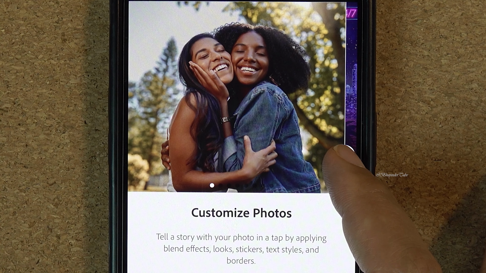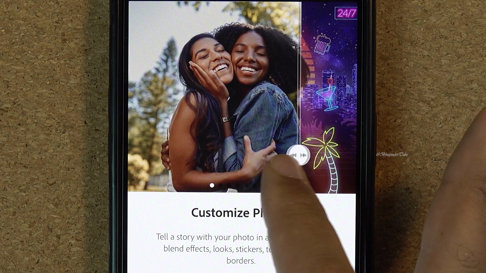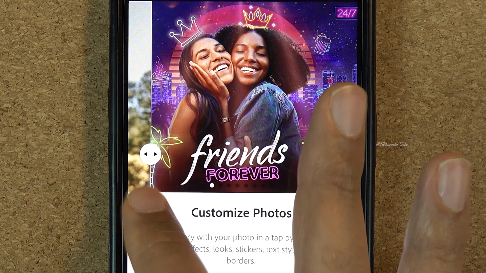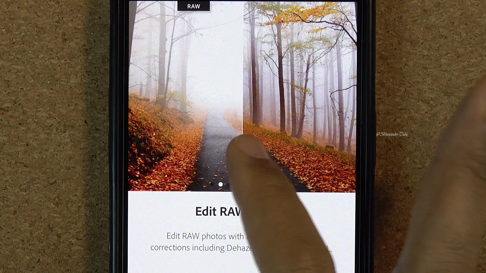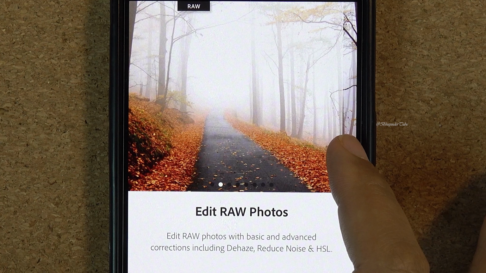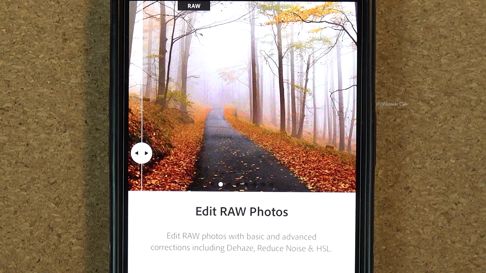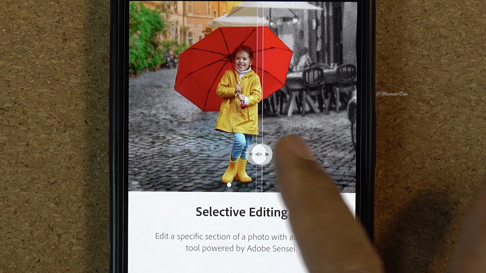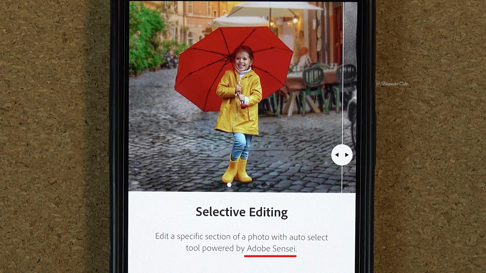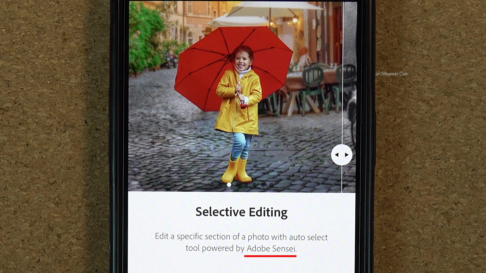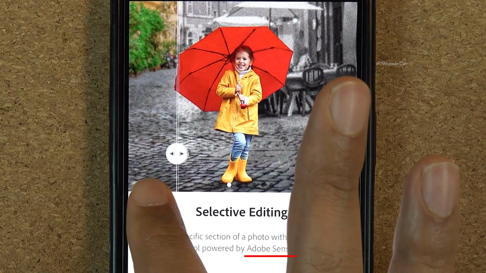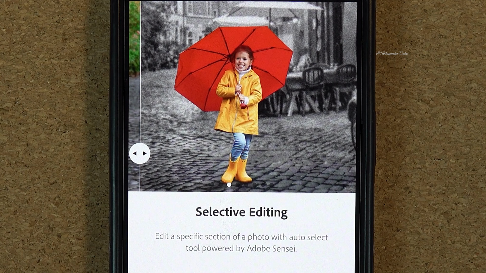You could customize photos. For example, if you have got a photo with any backgrounds, you could change it and add fun texts. You could also edit raw photos. This photo is very foggy and Photoshop can help you to make it look more clear. By using Adobe Sensei, you could do selective editing. For example, the background of this photo changes from a colorful to black and white while keeping the main object